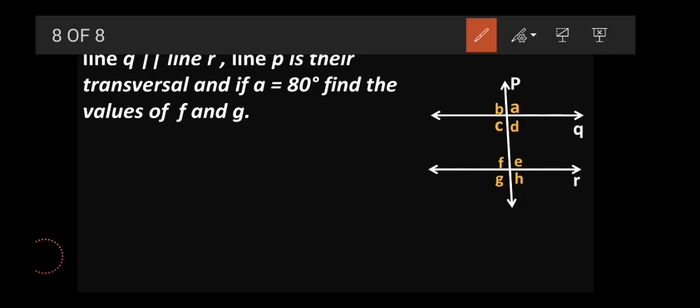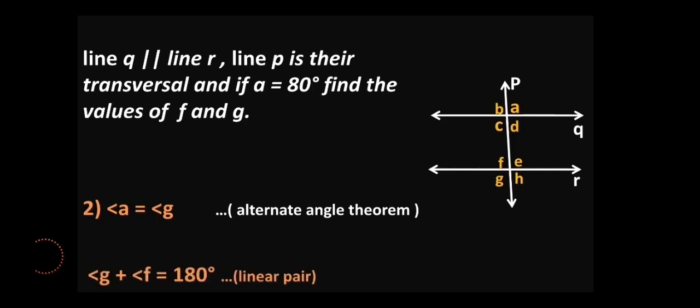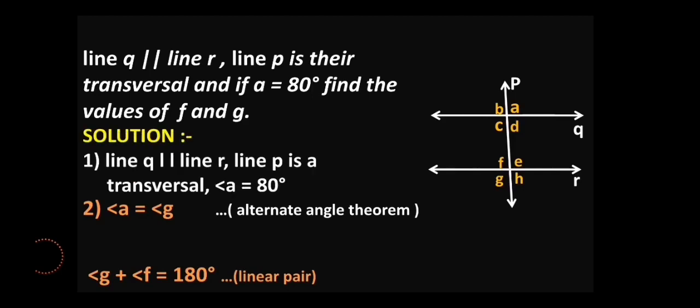So as the action plan is ready, as we know what the clues are and what we have to do, let's begin. First of all, we know angle A is equal to angle G because it is an alternate angle, correct? By the alternate angle theorem, because the lines are given parallel to me, right? And second, angle G plus angle F, if we add them, the answer will be 180 because they are a linear pair. These are the two clues that we found from the question itself, if you observe the diagram. But before starting the answer, we must write the solution.